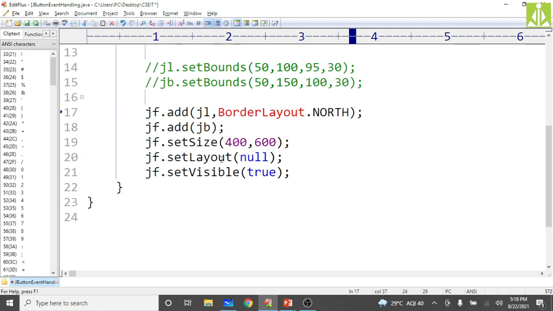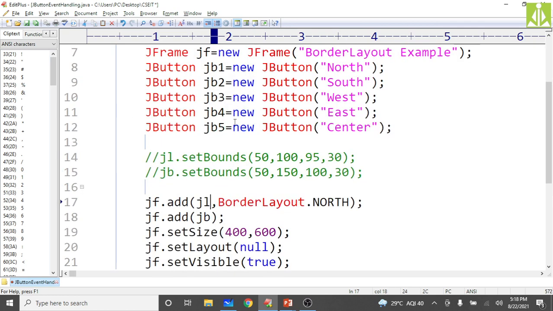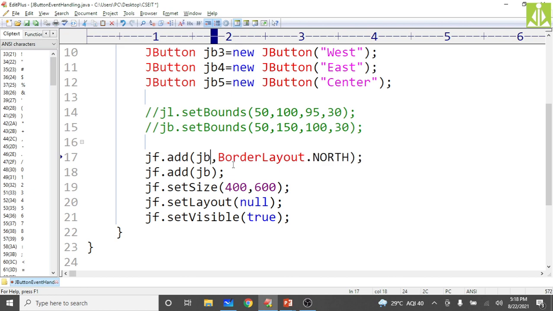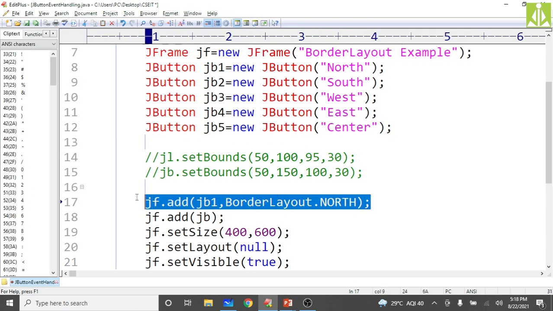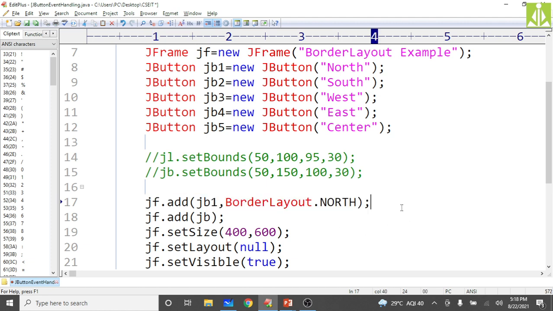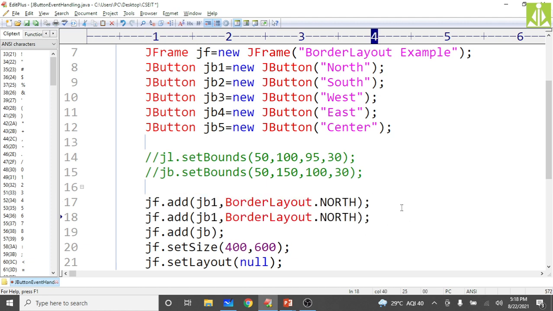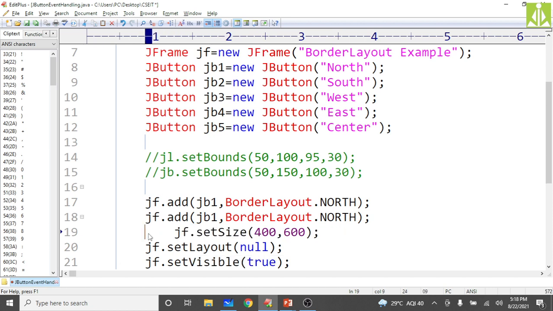First one, jb1, I'm adding at the north location. Then the second one I'm adding at the south location. Second one I'm adding at the south, okay.